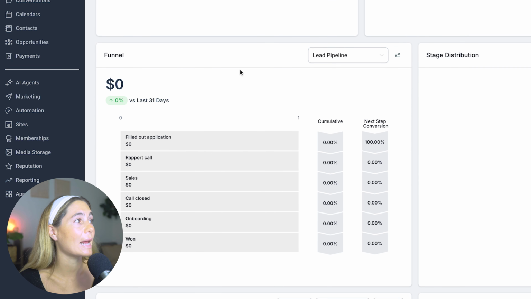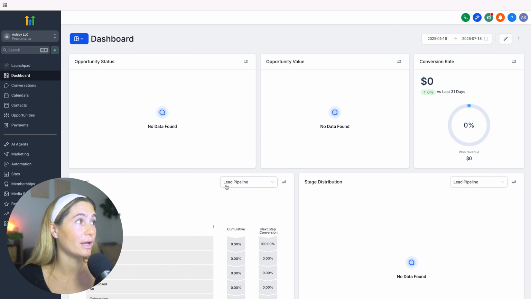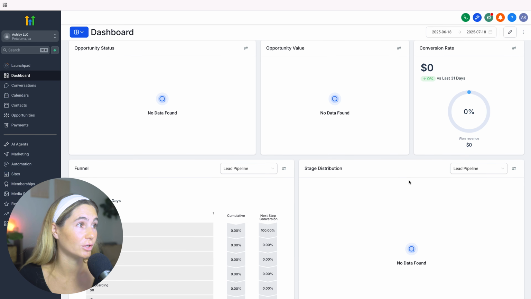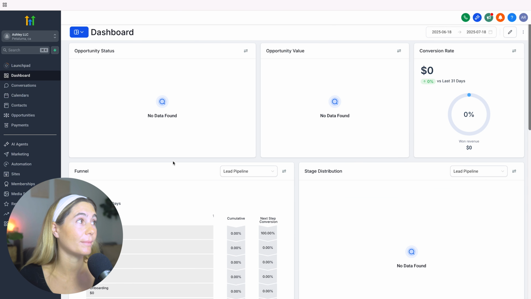So again, if we had actual people in here and we had someone fill out an application, call close, whatever, and we assigned a value to them, maybe it's $2,500 for a 6-month contract, whatever it may be, it will show you the opportunity status and value, conversion rate, etc. Also stage distribution, task, and you actually can customize all of this so your dashboard shows you exactly what you